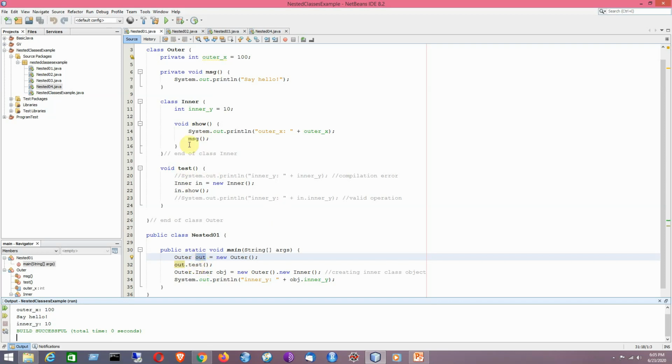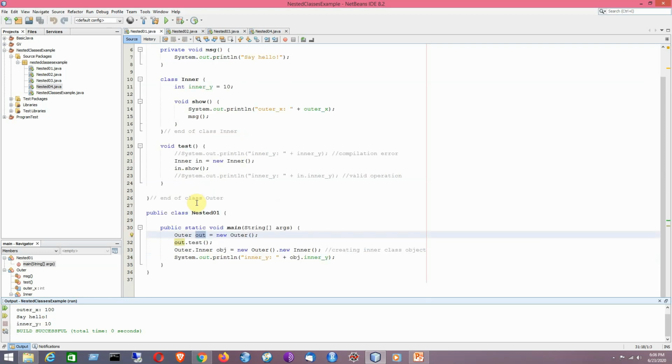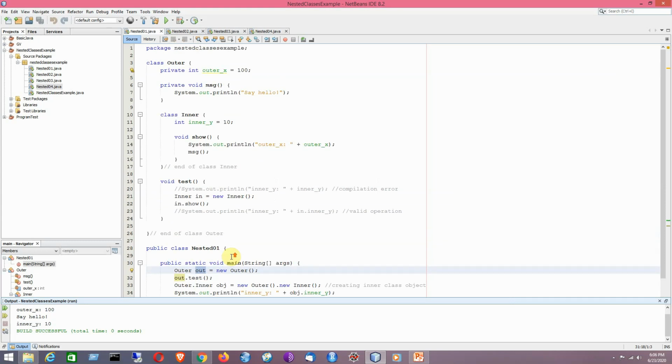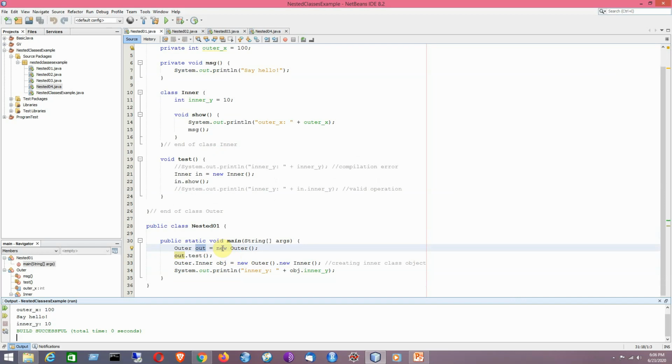Now suppose for example I would like to access this particular variable from the outside world, that means from the main method. So how can you be able to access it? Remember that to instantiate an inner class, we must first instantiate the outer class. Then we have to create the inner object within the outer object with this particular syntax. I have already told it before, the inner class cannot exist alone. Without the existence of the outer class, it is nothing. So that is why it will be increasing the level of encapsulation.